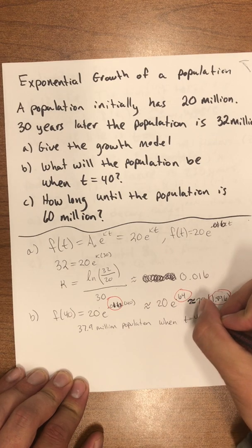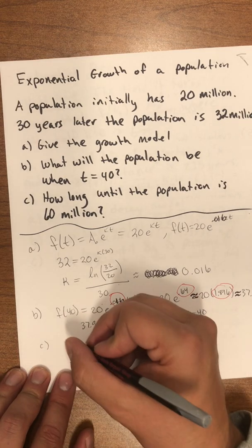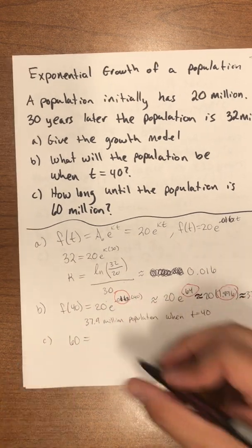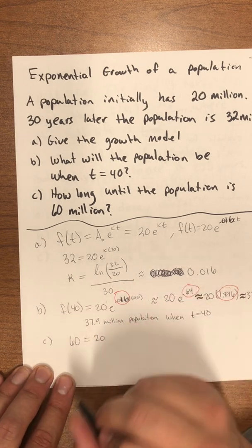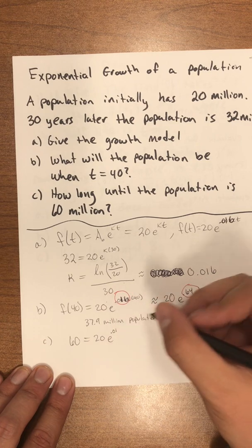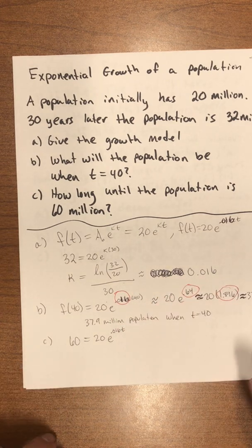when t equals 40. And then part C, it says how long until the population is 60 million, so we want to set our output to 60, so the units are already in millions. 60 equals 20 e to the 0.016 t, and this is going to be the same question as saying how long until the population triples. So if you went back and looked at the previous example,